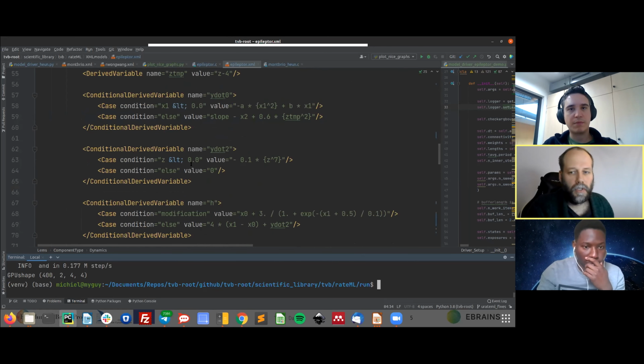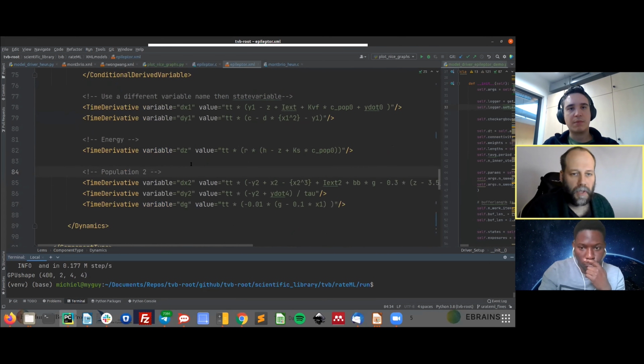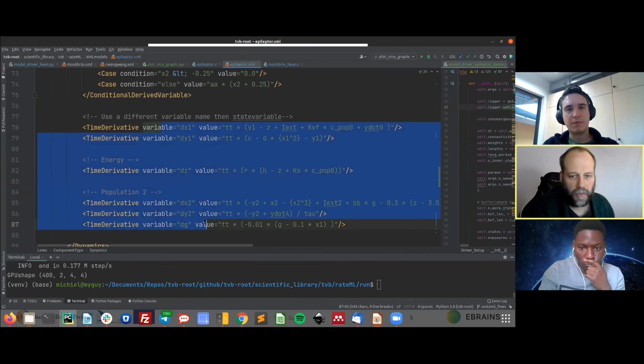You can set the sweep range of the parameters that you want to sweep. So here you see, for instance, the time derivatives. This is the epileptor. It's a complex model. It has 6 states, which all have different behavior and interact together. And then within the simulation of TVB, this is represented by one node, and all these nodes interact together as well.